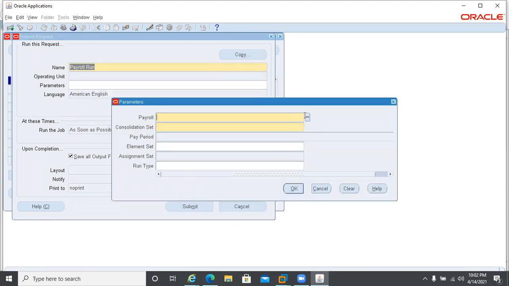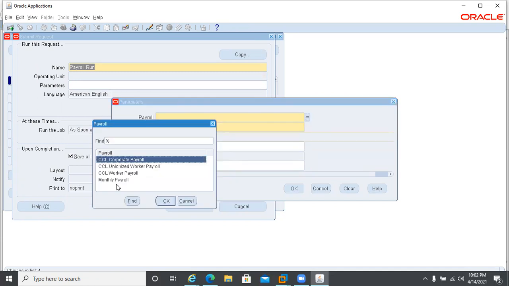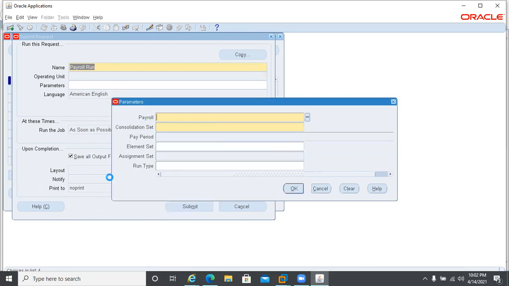So once we select the payroll run, these are the parameters which we have to fill based on our requirement. We have to run the payroll for the monthly payroll, the rest, the consolidation set, comes automatically, and the period automatically comes based on the system date, because we are in the month of April. That's why April comes automatically. For example,